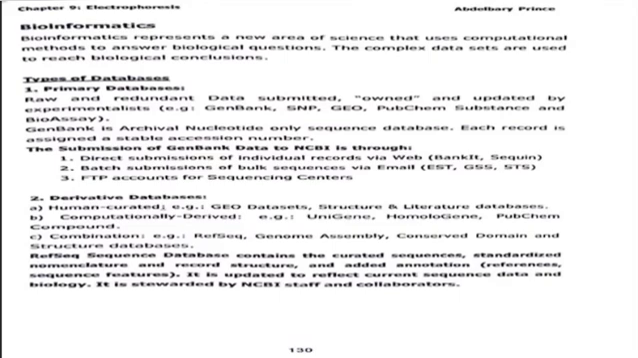Bioinformatics. Bioinformatics represents a new area of science that uses computational methods to answer biological questions. Complex data sets are used to reach biological conclusions. Types of database: 1. Primary database,